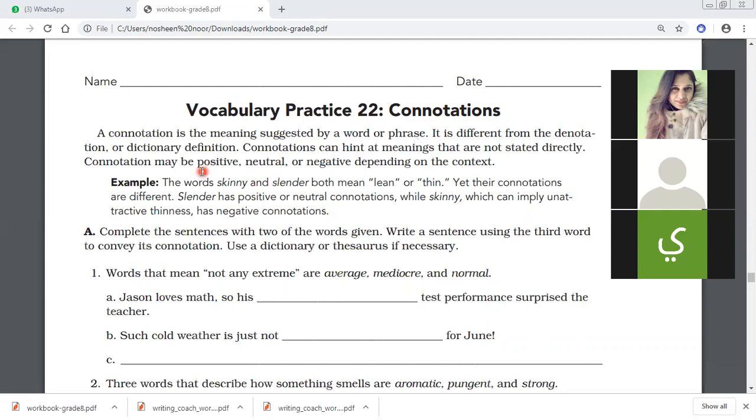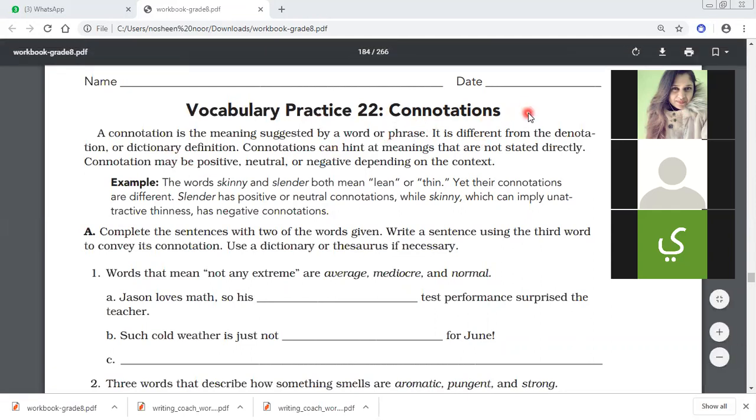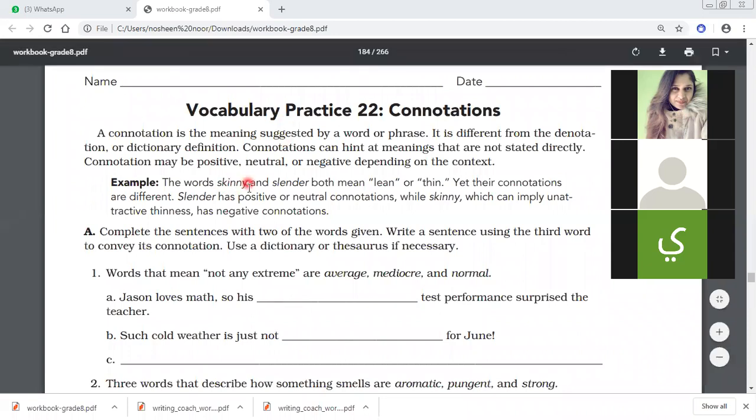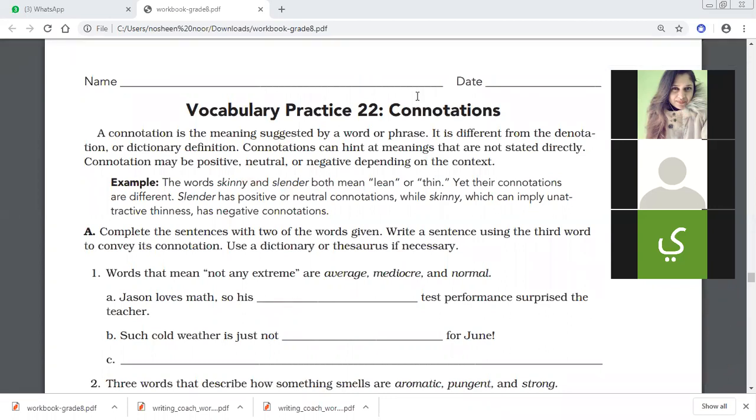So, is there any question related to connotations or understanding about connotations? No. You will still have a question. I know there is some question in your mind, but let's take this example and let's see if you can understand it further. The words, now let's compare these two words, skinny and slender. Okay, I'll highlight them both for you. So we have here skinny